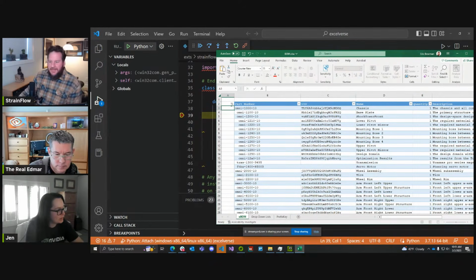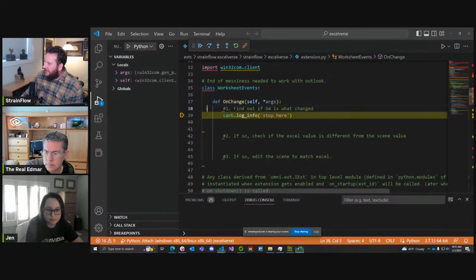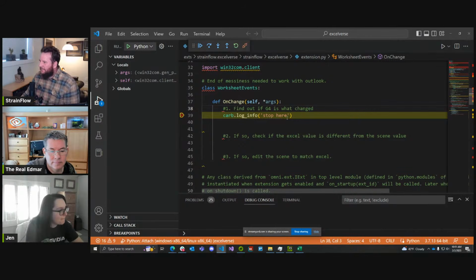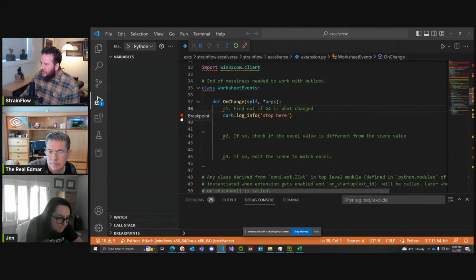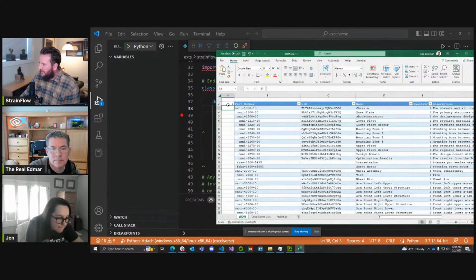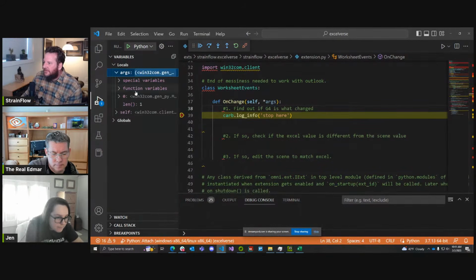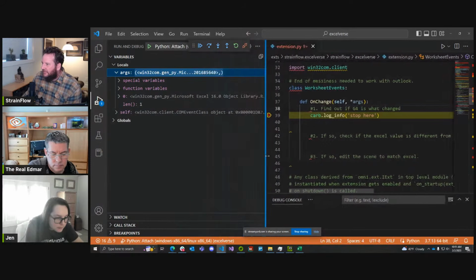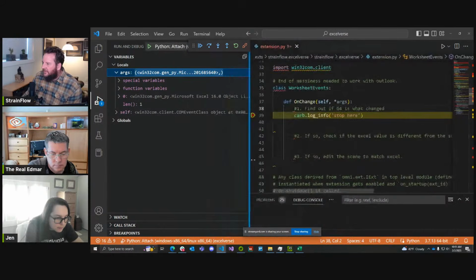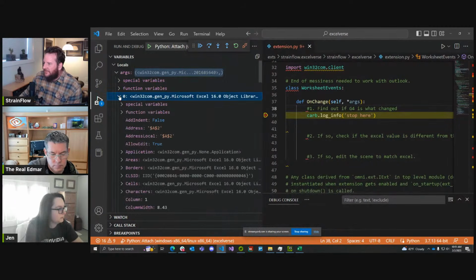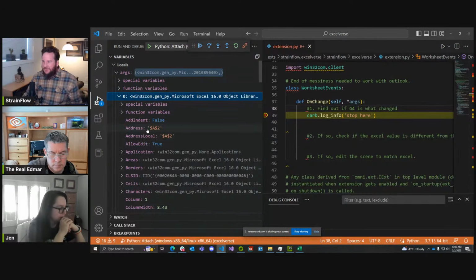There we go. I'm not sure how they did this or what happened there. But we're in the right place now. Oh, hello. I was going to actually look at that variable. Let's look at args right here. Okay, so it's one item and it has an address. Oh, cool. So that means we can just say like